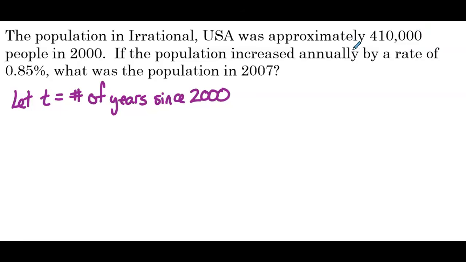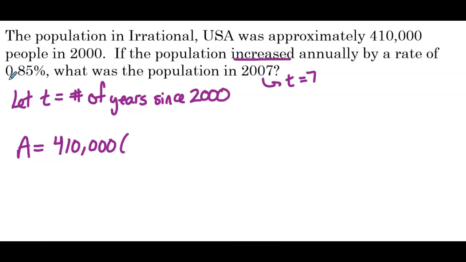Now 410,000 is our initial population. And then 2007, well, how many years since 2000 is 2007? That would be equivalent to t equals 7. Okay, so that's a little bit different than how we define our let statement in the previous few examples. But by doing so, we're going to make it easier for us to write our exponential function, which is going to be a equals, so p is the initial amount, so now 2000 is year 0, so our initial population is 410,000,